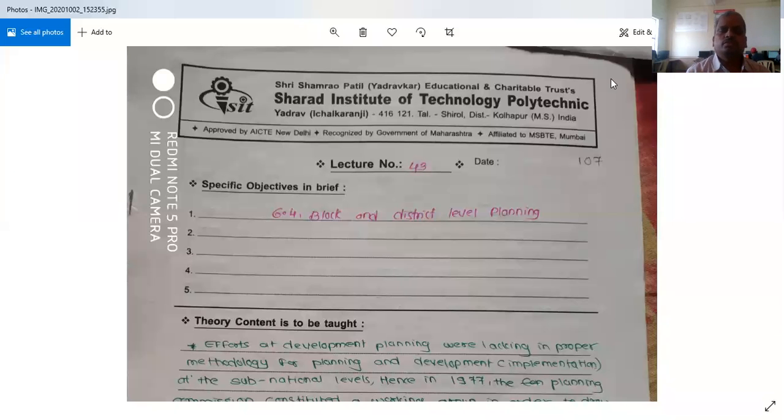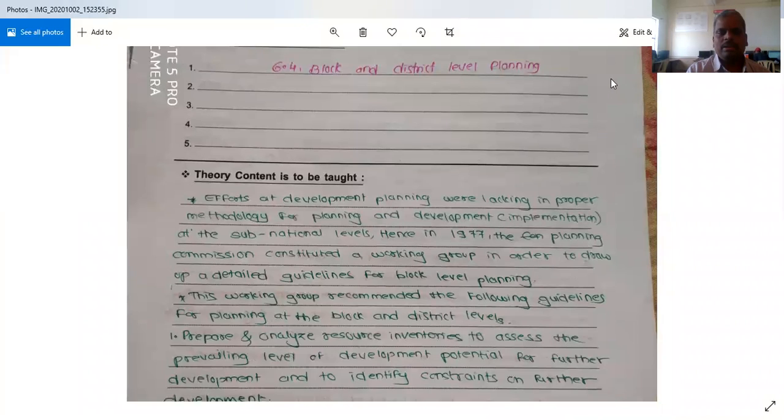In today's lecture of rural development, we are going to discuss block and district level planning. Efforts at development planning were lacking proper methodology for planning and development at the subnational levels. And in 1977, the Planning Commission constituted a working group in order to draw up detailed guidelines for block